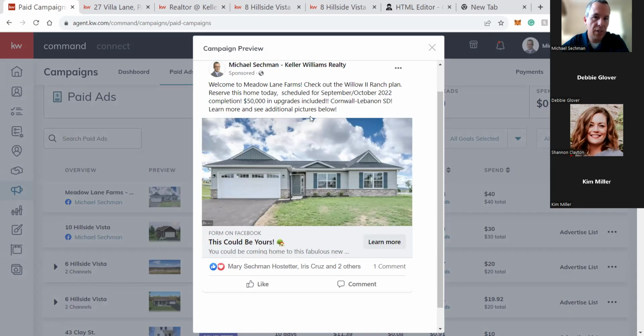So never include the link to where you are sending them in the text, because people aren't dumb. They're going to click on that because they don't have to give their information. So never have that there. But when they click on this, then they're going to go to Facebook and they're going to have to enter their information and then it will come into you as a lead